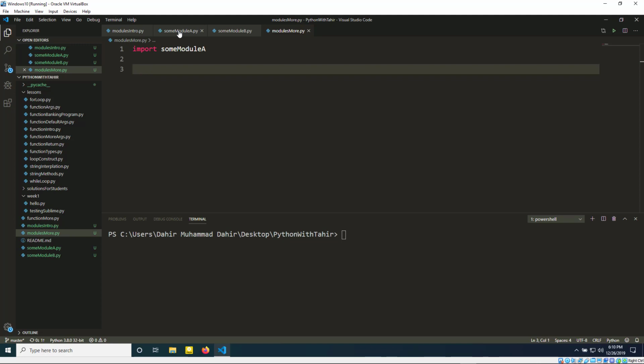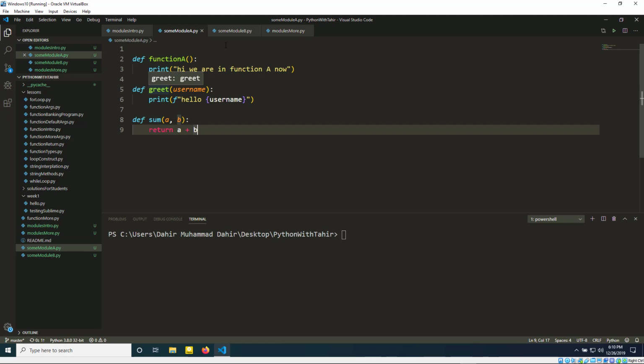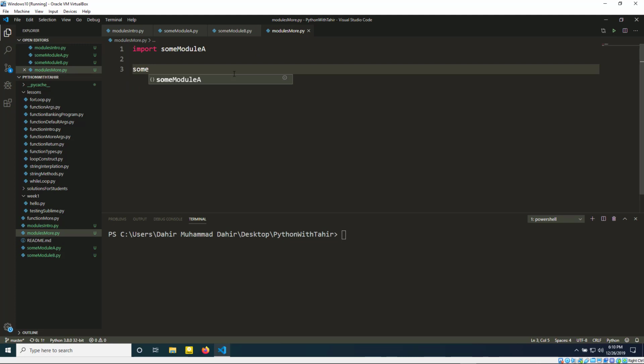Okay, so in the last video we showed that when you import a function you can just reference the function directly. Well, now in this case, because you're importing the whole module, you have to reference the module. So we know that there's a function called greet in the some module A file, right? So we'll have to say some module A dot, and then you see VS Code already will give you options of the available functions. So you see we have greet, and it takes a parameter username, so we could pass in Tahir, for example,